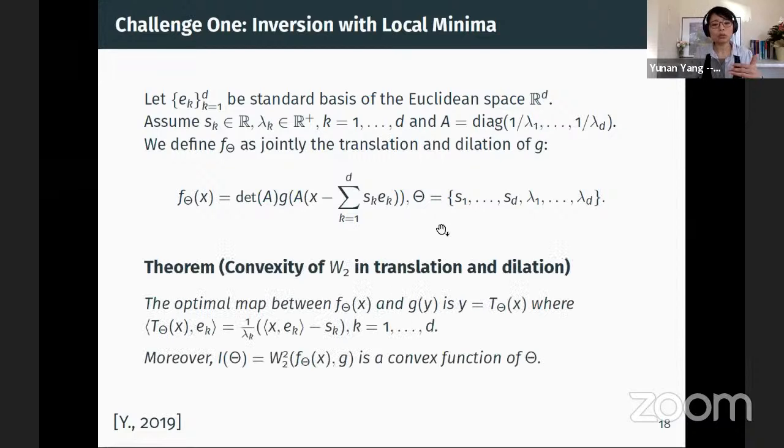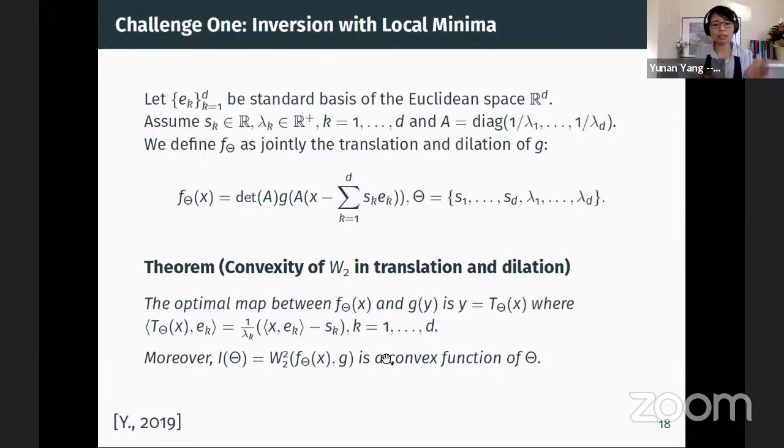So what we did was to compute the Wasserstein distance between F theta and G, and we showed that it is a convex function in terms of the multivariable theta, which means it is not only convex in dilation when we fix translation, or convex in translation when we fix dilation. It's really a joint convexity. And that's a very unique property, capturing such global, non-local changes. And this also has certain